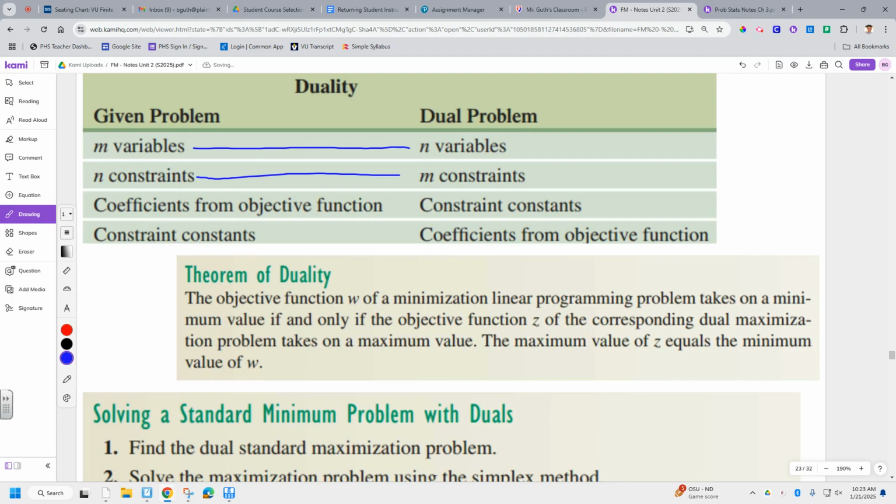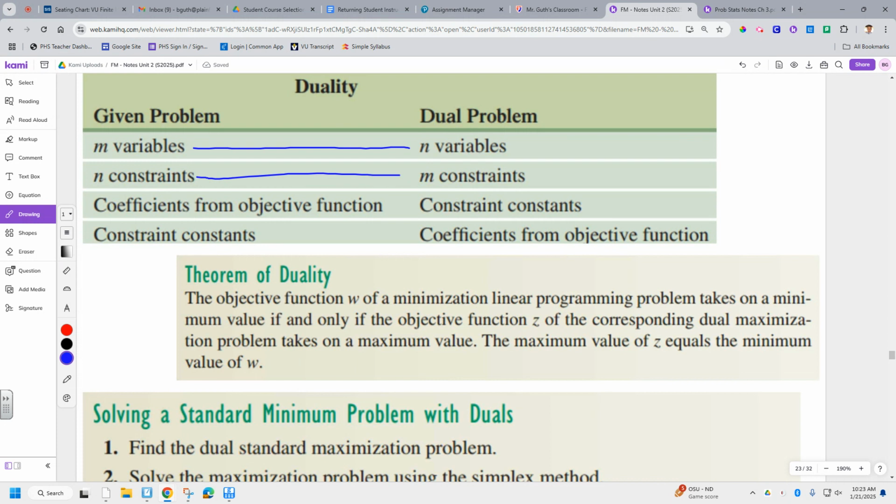You're switching your coefficients from the objective function with the coefficients in the constraints. Theorem of duality: the objective function W of a minimization linear programming problem takes on a minimum value if and only if the objective function Z of the corresponding dual maximization problem takes on a maximum value. The maximum value of Z equals the minimum value of W. That's what we just showed